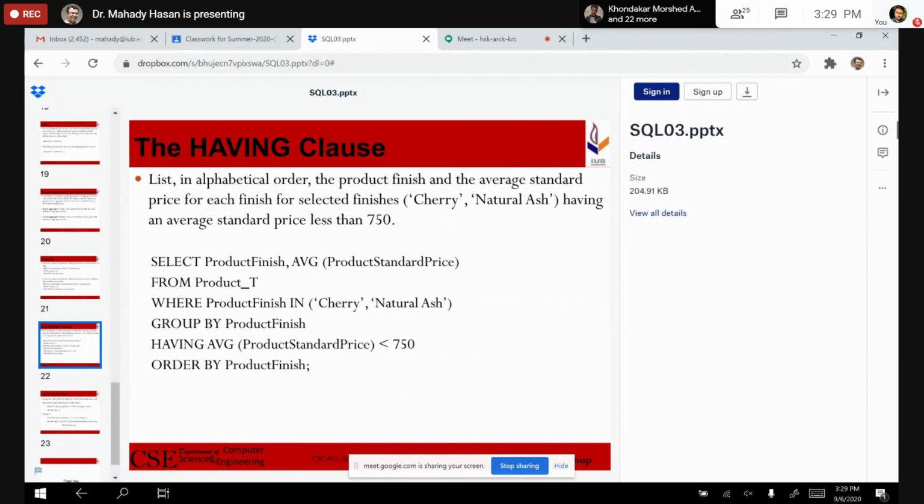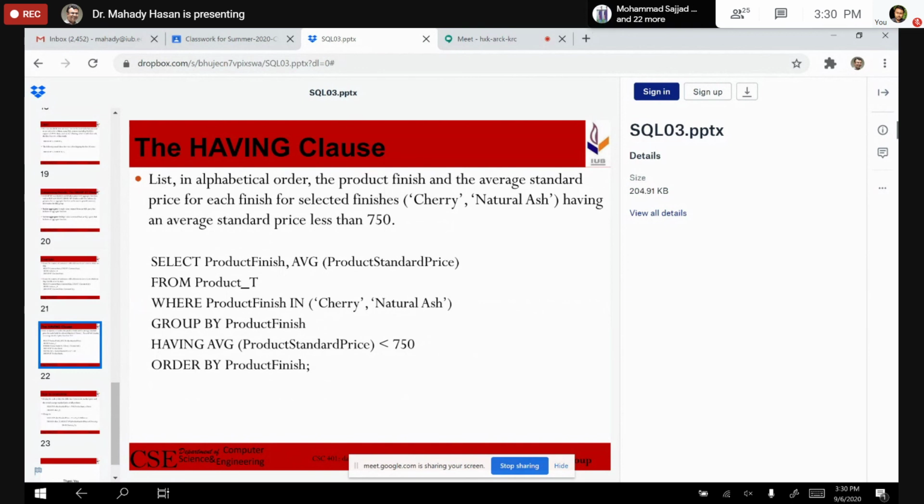Under the having clause, we have mentioned having average product standard price less than 750. We group by product finish, because that is what we are grouping the data with, and we are selecting only cherry and natural ash, which are under the where clause with in statements.